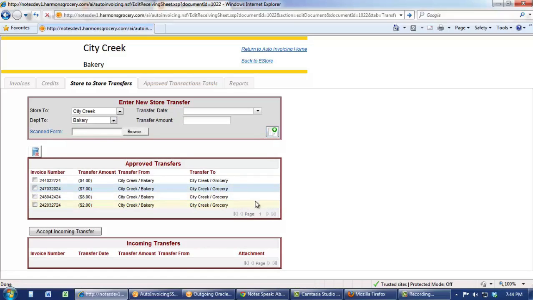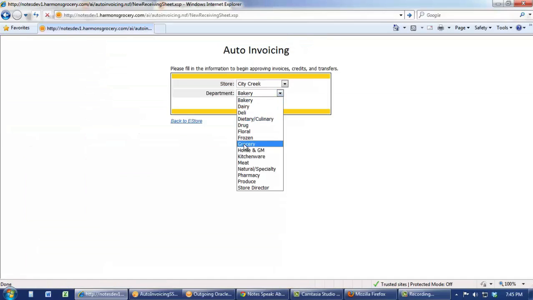Okay, now there is no visual for an attachment added to the document once you create it. In actuality, the attachment is required, so there wouldn't be any need for that. But I took that requirement off so I could demonstrate what it looks like with an attachment and without an attachment. So to see what that looks like, I need to go to a different portal, to the City Creek Grocery,